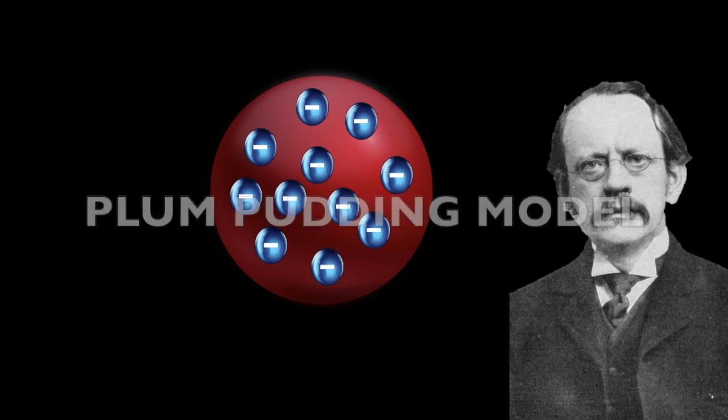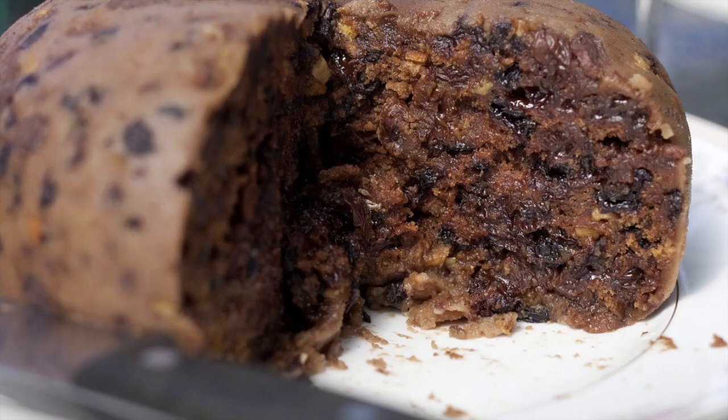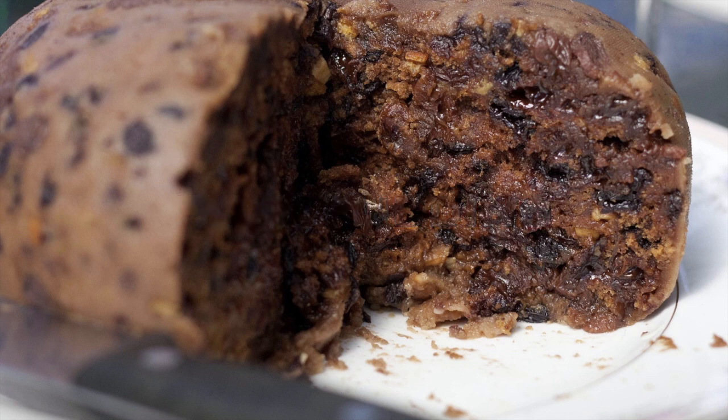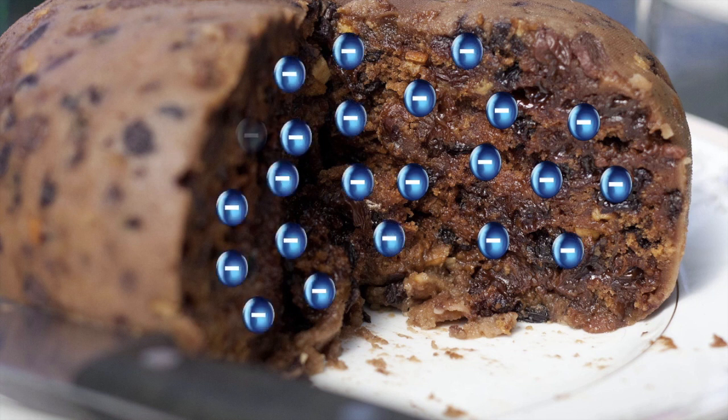Thomson proposes the plum pudding model, where electrons are described as negative particles floating in a soup of positive charge. This is plum pudding, a British dessert dating back to the Middle Ages. I suppose Thomson's model reminded him of this, with electrons instead of raisins. Now let's move forward through time